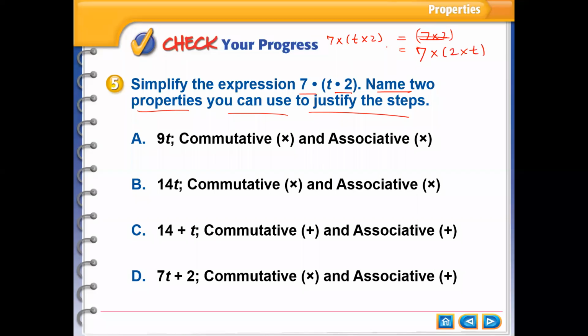तो यहां पर 2 पहले लिखा और t बाद में, तो ये कौन सी प्रॉपर्टी हो गई, कॉम्यूटेटिव प्रॉपर्टी हो गई. देन इसको एसोसिएट करेंगे 7 into 2 into t, तो फिर यहाँ पे एसोसिएटिव प्रॉपर्टी और यहाँ पे कॉम्यूटेटिव प्रॉपर्टी लगेगी. Finally your answer is 14t. So this is the answer. First we have used commutative property for multiplication and associative property for multiplication. So the B option is correct.